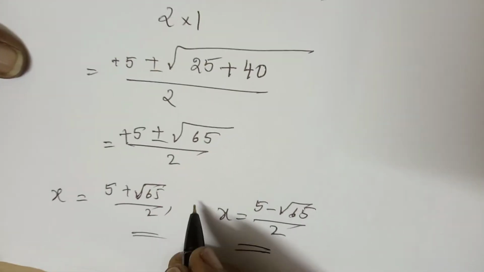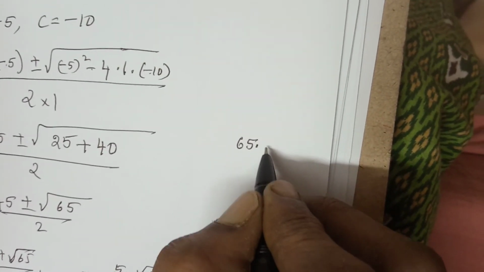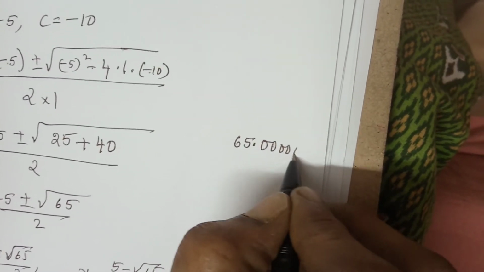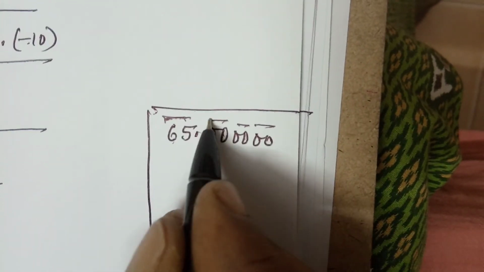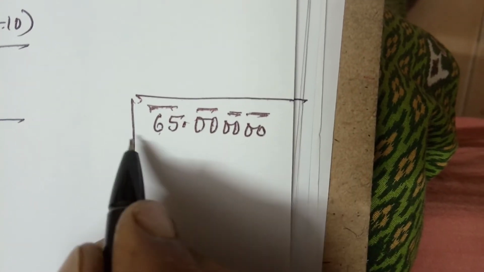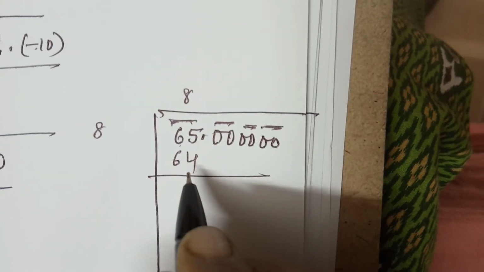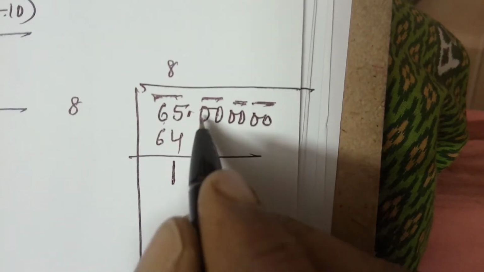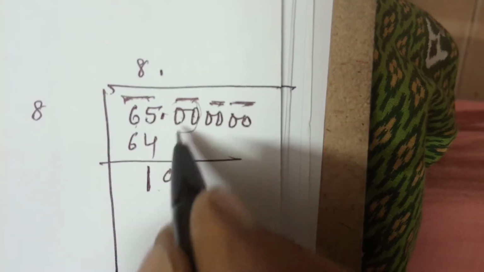Since we cannot simplify it, you can leave it like that, or you know the method of finding the square root, isn't it? We generally use 2 decimals, so write for 3 decimals. Now how to do the square root? 65, take 2 from decimal, you have already learned this in 8th class, but once again: 8 8s are 64, similar to division, subtract it, get 1, and bring down the two terms, put a decimal, and this is considered as one digit, 2 zeros.